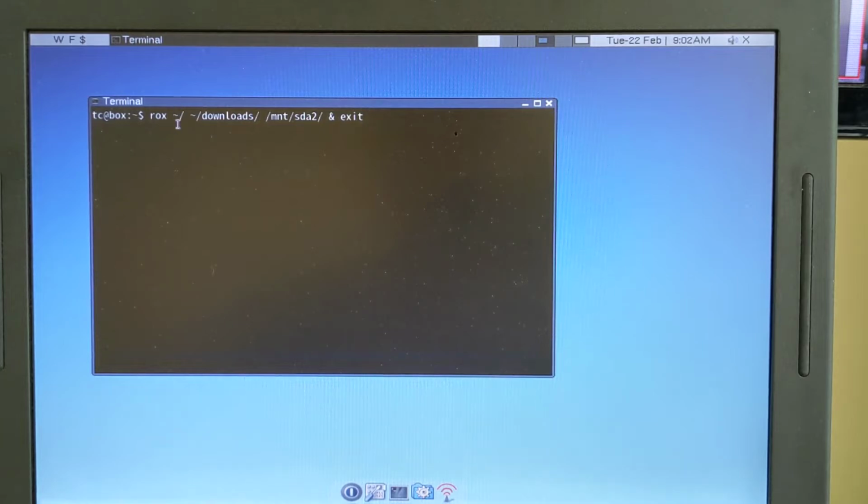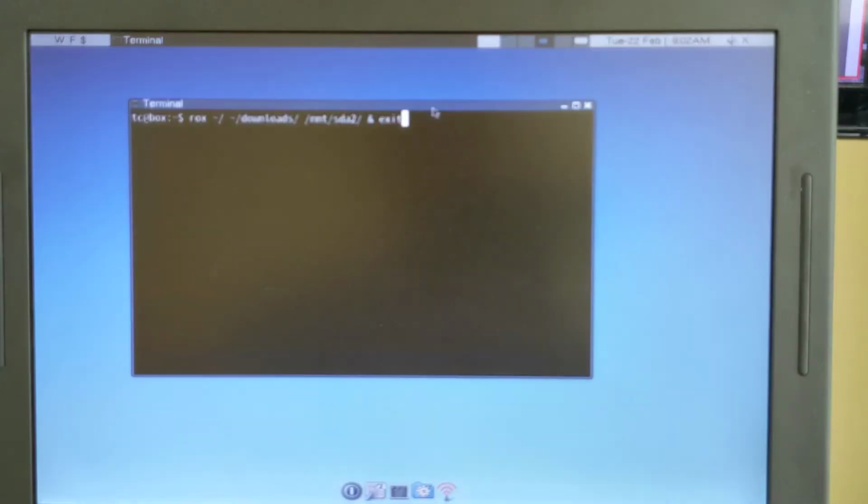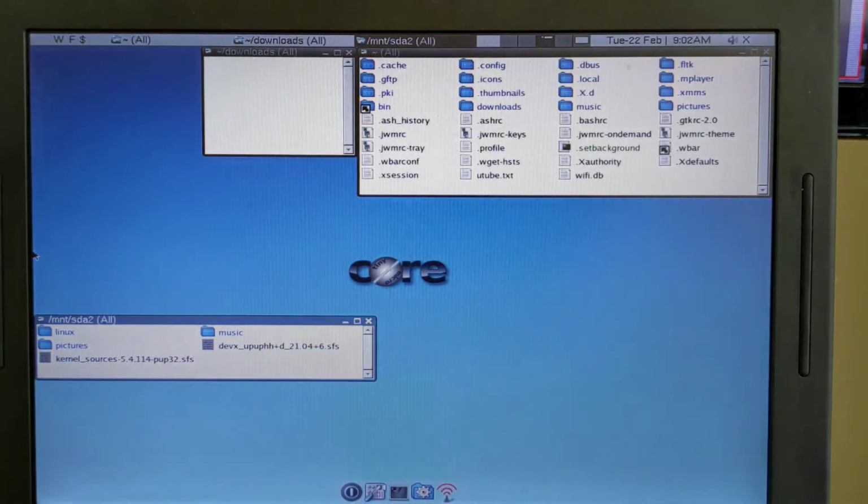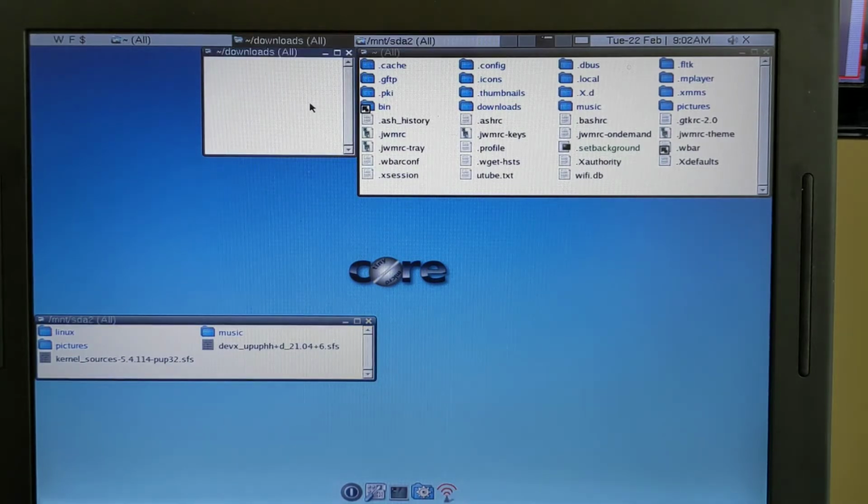So you open up a root folder, and then downloads folder, and then store partition, and then we'll go ahead and exit the terminal window itself. And let's see what happens if I click. So you can see that it's pretty nifty that there is a file here, and there's a downloads, and there's